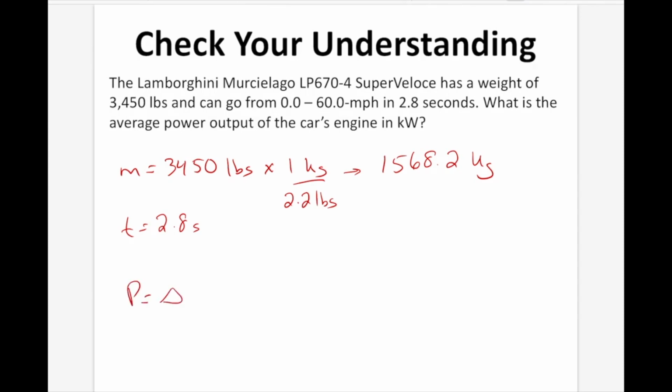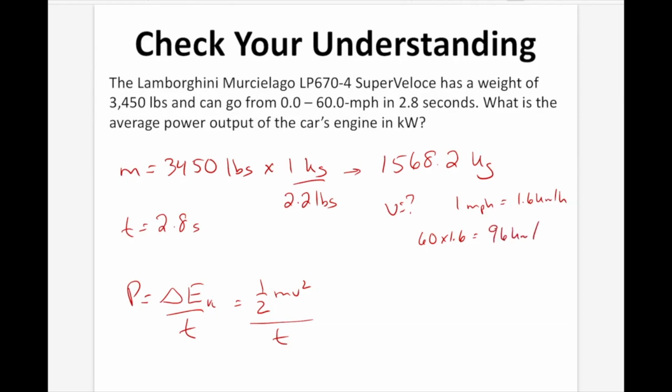Power is going to be equal to energy divided by time. So now what's the energy that we have in this case? Well, that's going to be EK. Now EK is going to be 1/2 mv squared divided by time. So now we know most of the things, right? But we do not know the V. V is the question. We know it goes from 0 to 60 miles per hour, and we know that 1 mile per hour is going to equal to 1.6 kilometer per hour. So if we take 60 times 1.6, we find out that it goes from 0 to 96 kilometers per hour